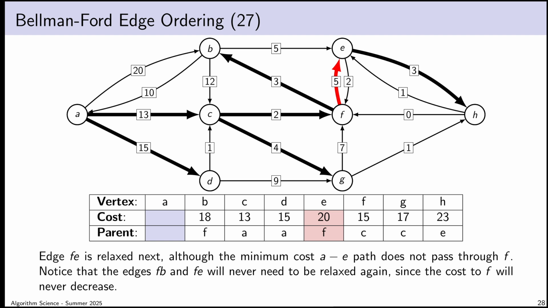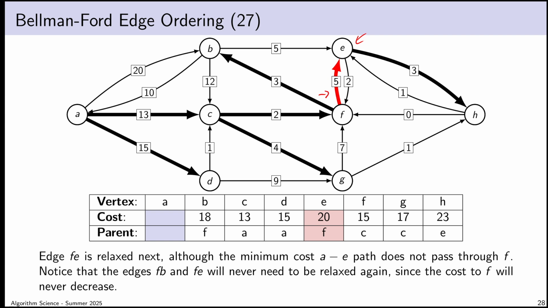Now, just to keep going one more step, we know that we have a minimum cost path from vertex A to vertex F. So then we go relaxing other edges incident to vertex F. We relax the edge FE. And so that does change the tree a little bit. We weren't talking too much about vertex E here, so it could turn out that there is a lower cost path to vertex E via somewhere else. But it's worth considering what we do with this edge.